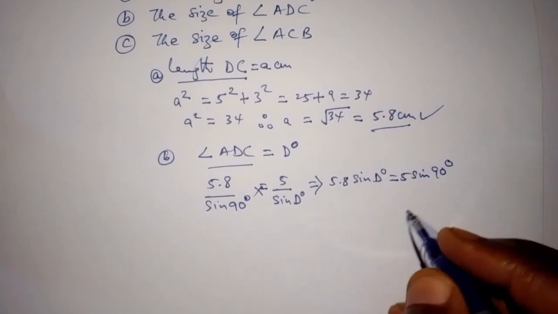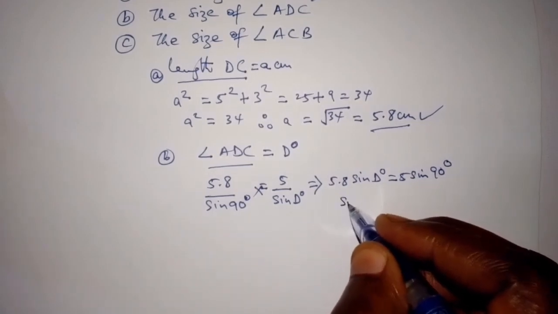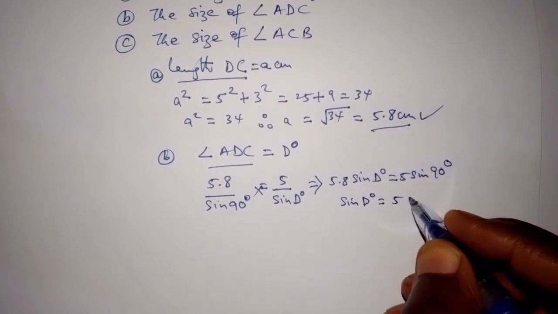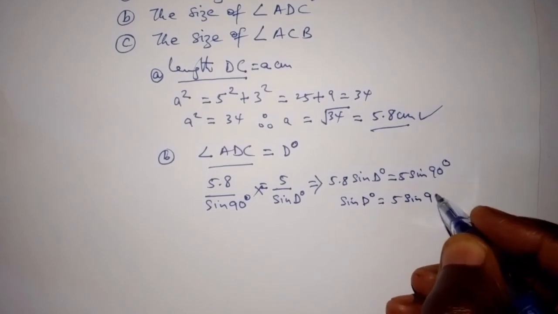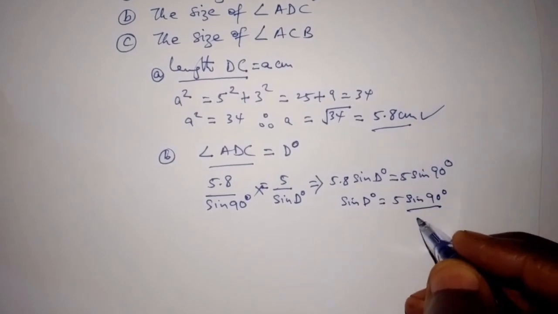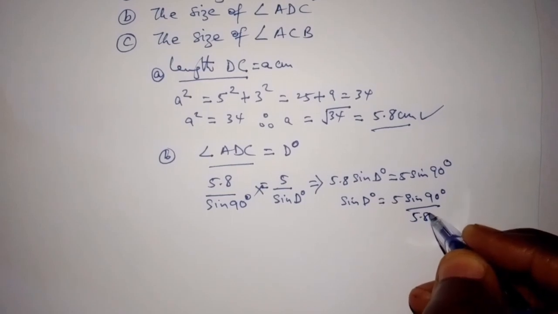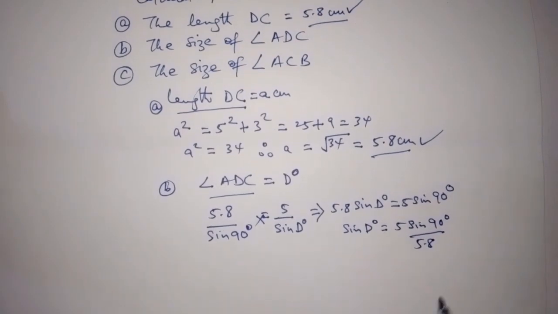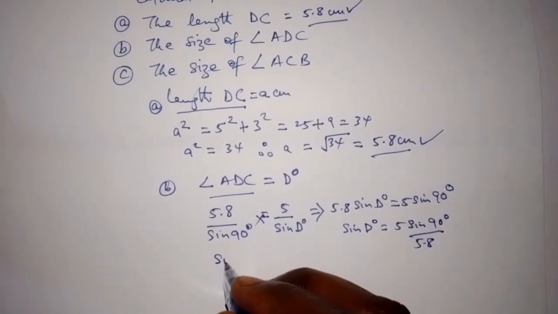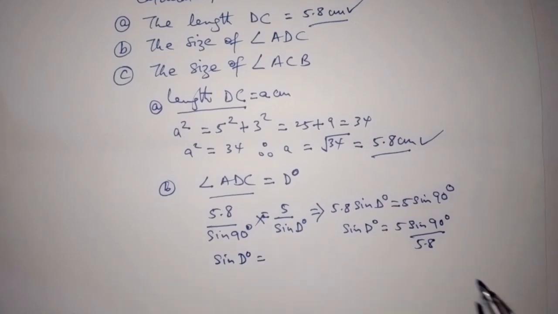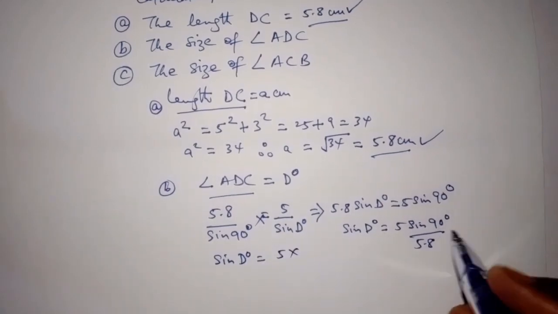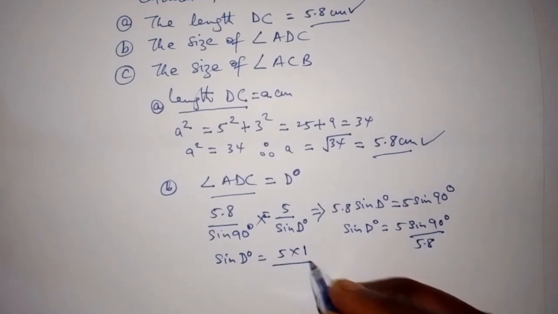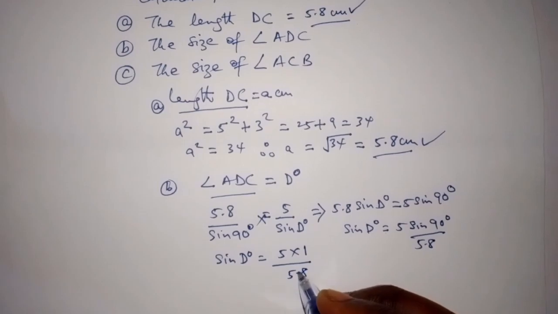So here we can say that sine D degrees is equal to 5 times sine 90 degrees over 5.8. So now this is going to give us sine D degrees is equal to 5 times sine 90 degrees, which is 1, over 5.8,